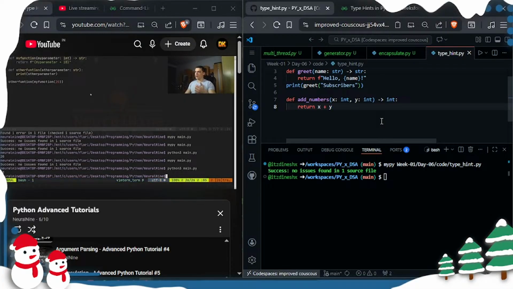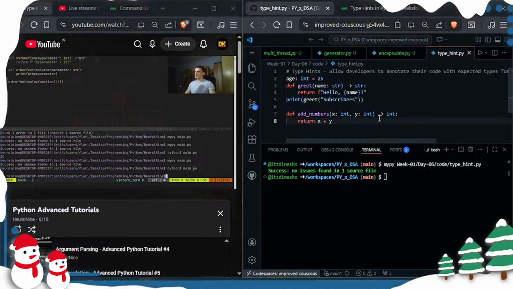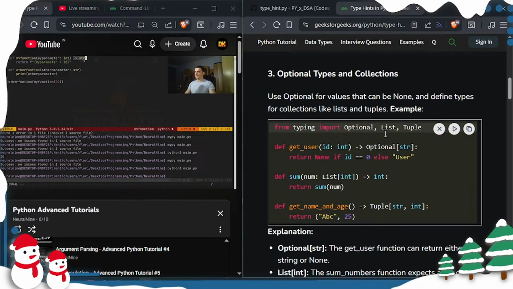Now the interesting part here is that if this function says it returns a string and this function accepts a string, this is fine. But if this function returns an integer, for example, so let's say we